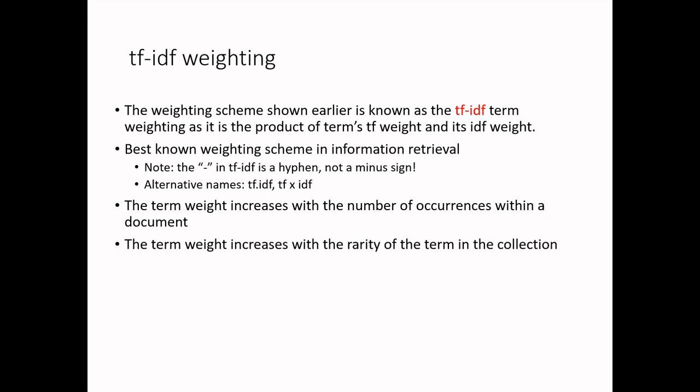All right. And you can see that the term weight increases with the number of occurrences within a document. And the term weight increases with the rarity of the term in the collection. So if a term is present fewer times in the entire collection, it is deemed more important. And obviously, if it is present multiple times in a document, it is deemed important. So that's how